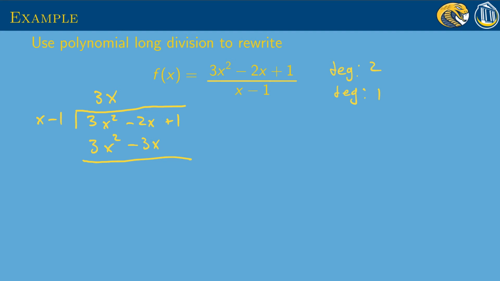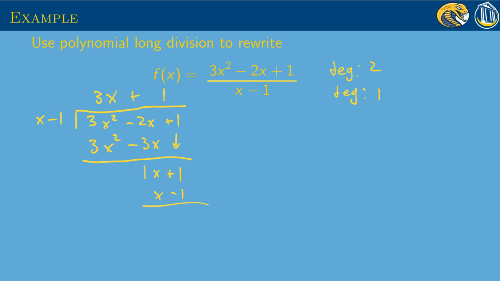3x squared minus 3x squared is 0. Negative 2x minus negative 3x, that's negative 2x plus 3x, is 1x, and we bring down the plus 1. Then we repeat the process. How many times does x go into x? Well, it goes in 1 time. 1 times x minus 1 is x minus 1, and x plus 1 minus x minus 1, x minus x